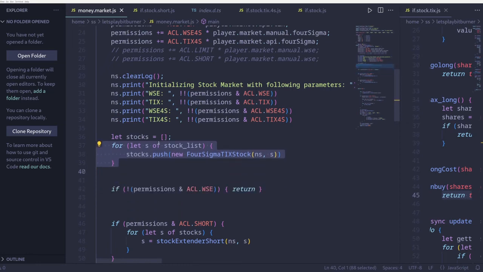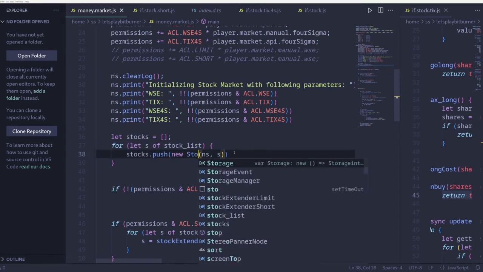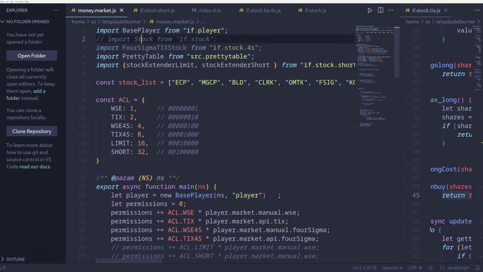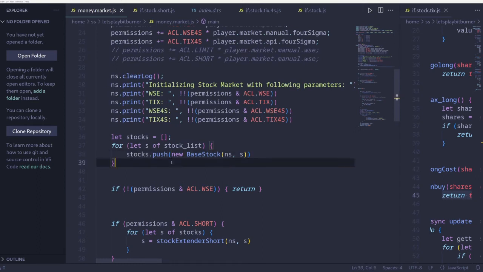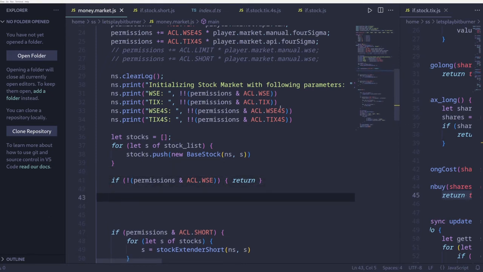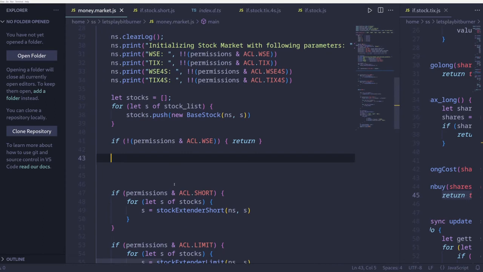And we've actually already built everything we need to do this, because we've got stock list, it's a constant. We have base stock here. So go through the list of constants and push a new base stock. And then if we don't have ACL and WC, return. Okay, now on to the next permission, ticks. If we have ticks,